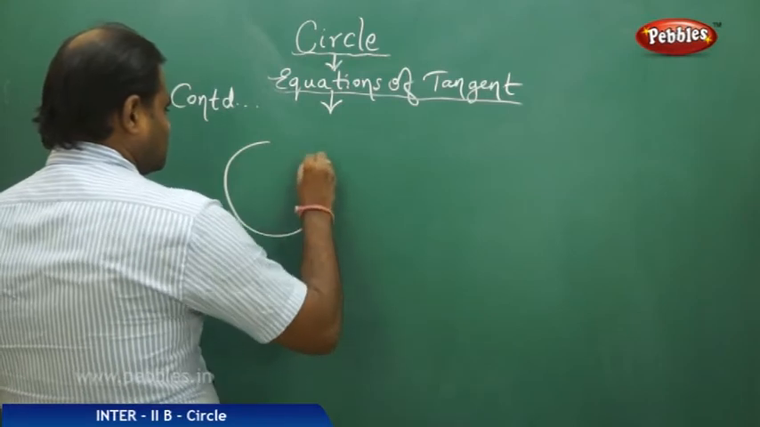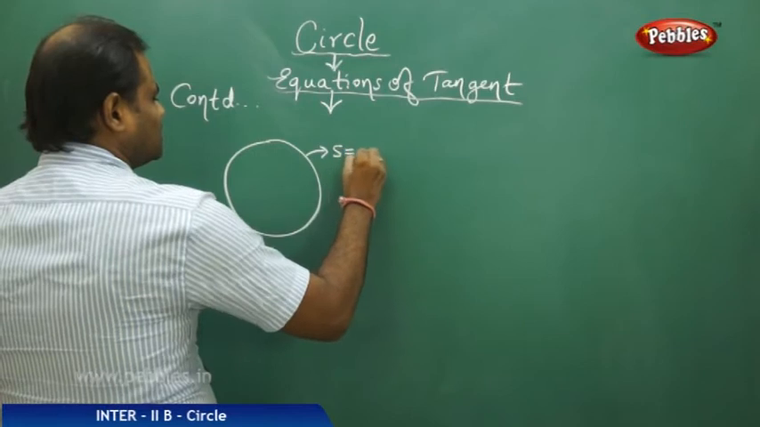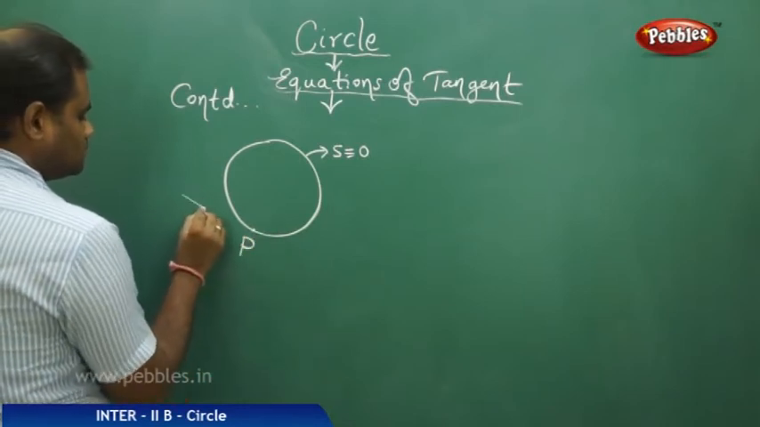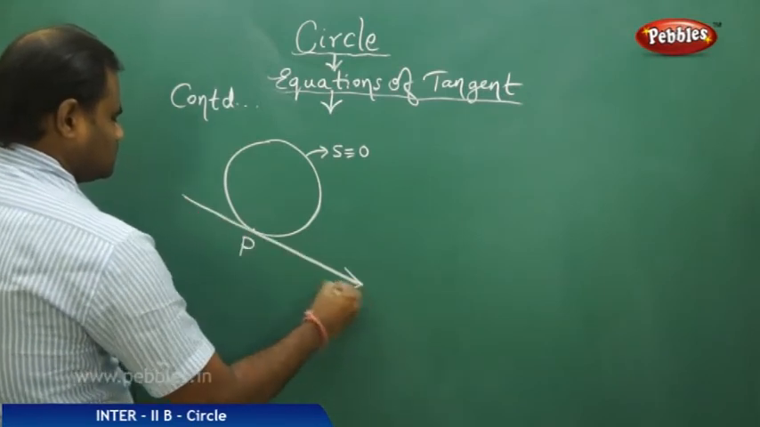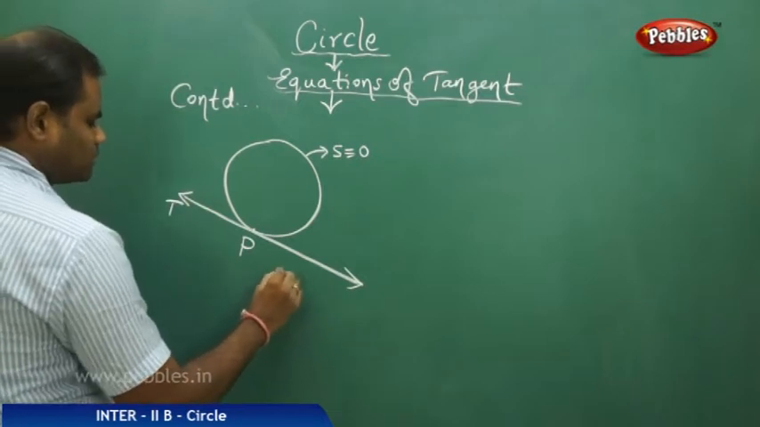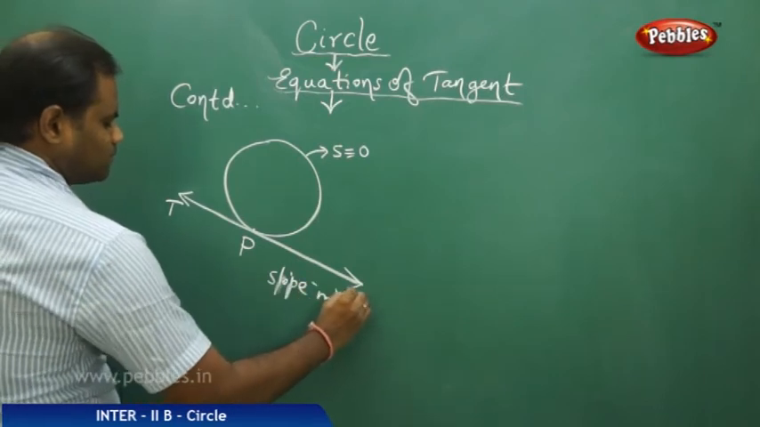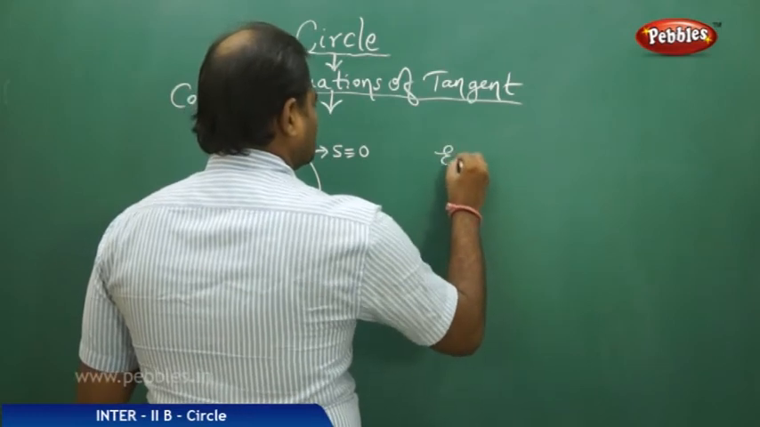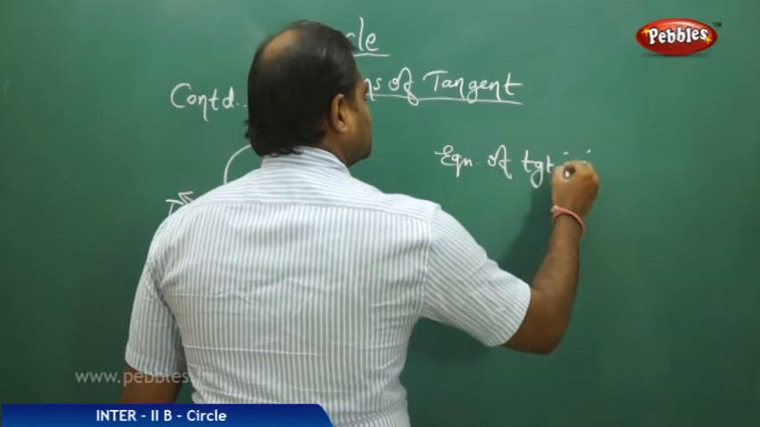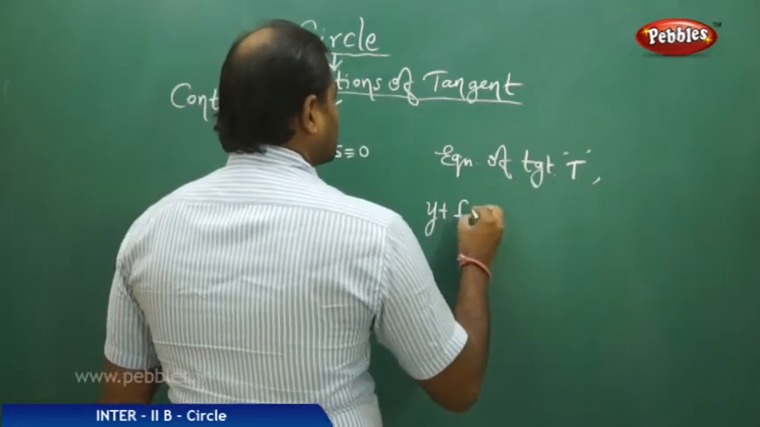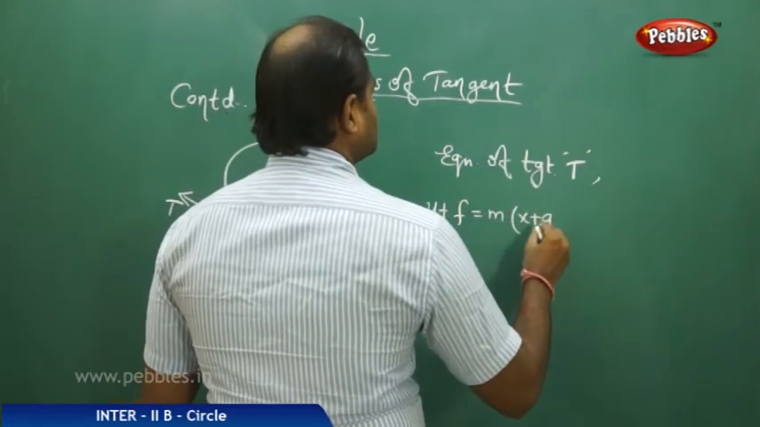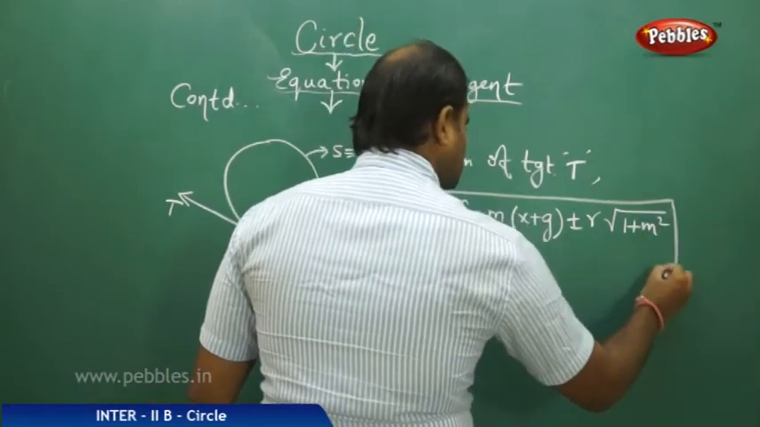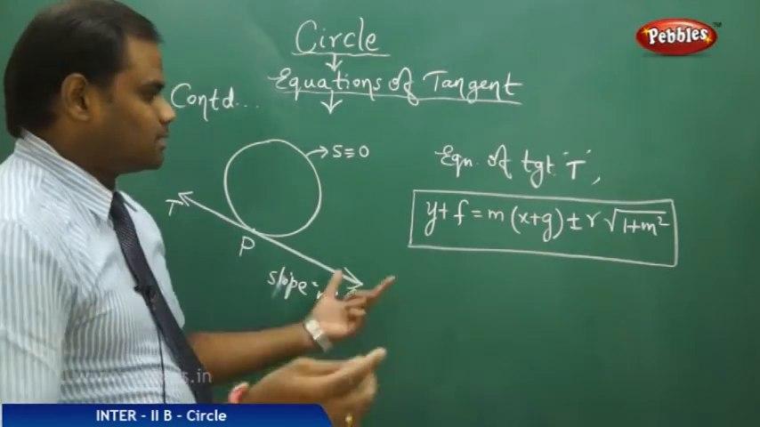So I have a circle whose equation is given by S equals 0. Now I have a tangent here whose slope is given to be m. The slope of the tangent is m is what we have. Therefore, the equation of tangent t whose slope is m is given by y plus f is equal to m times x plus g, plus or minus r root of 1 plus m squared. Now here r is the radius of the circle and f and g we know are from